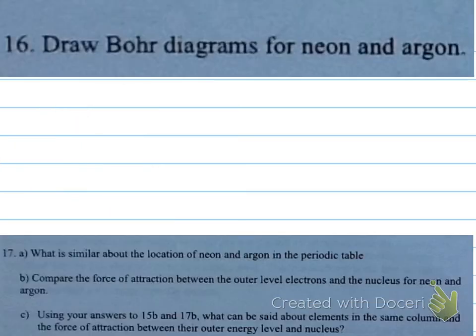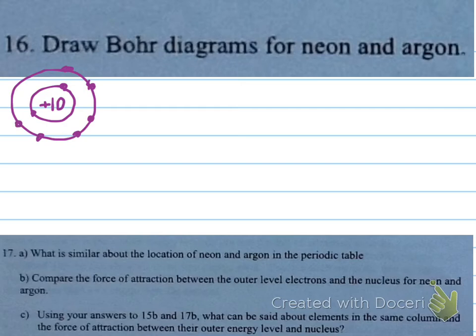Number 16. Draw Bohr diagrams for neon and argon. So those are both, again, in the same group or family of the periodic table. They're in the same column. Neon has 10 protons, so it has 2 electrons in its first energy level, and it's going to have 8 electrons in its second energy level. For argon,